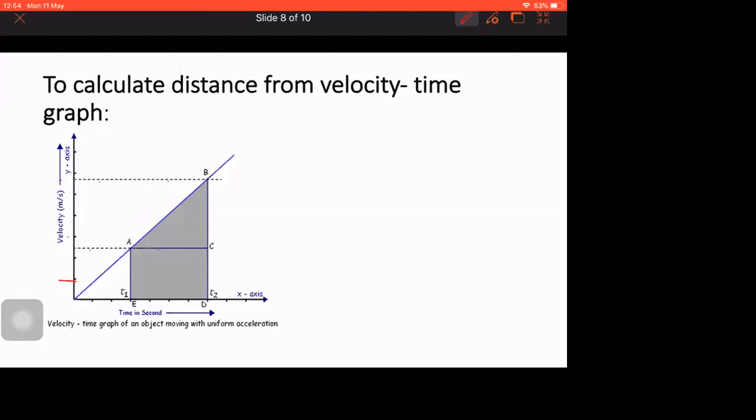As Tarun said, it is very easy because this shape is a trapezium. We can directly calculate the area by using the area of trapezium formula. Anyone tell me what is the area of trapezium? Half into sum of the parallel sides into height. Half into H1 plus H2 into what? Tarun, complete it. Into height.